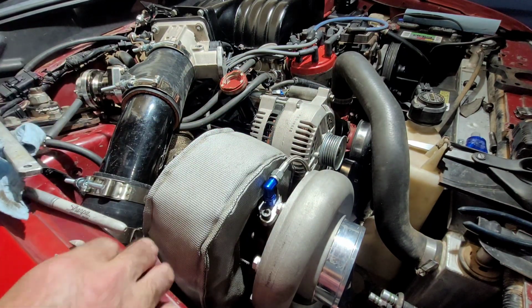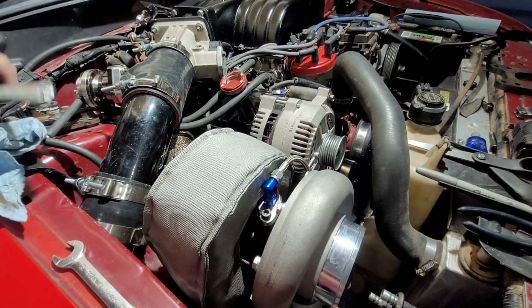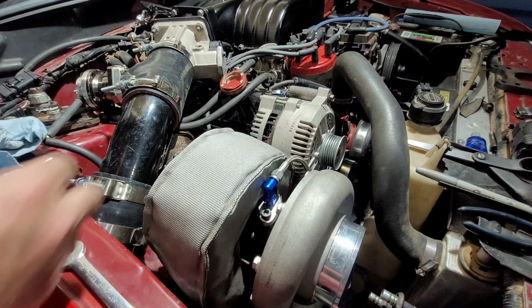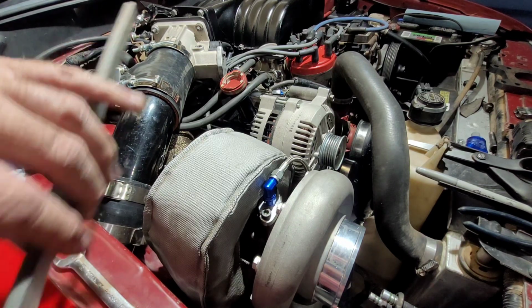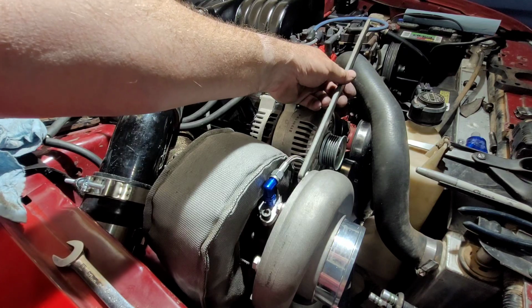And I didn't drill my hole big enough. Just trying not to go too big with my hole. But, oh well. We'll make it bigger in a minute. But yeah, it's still hot. But for now,